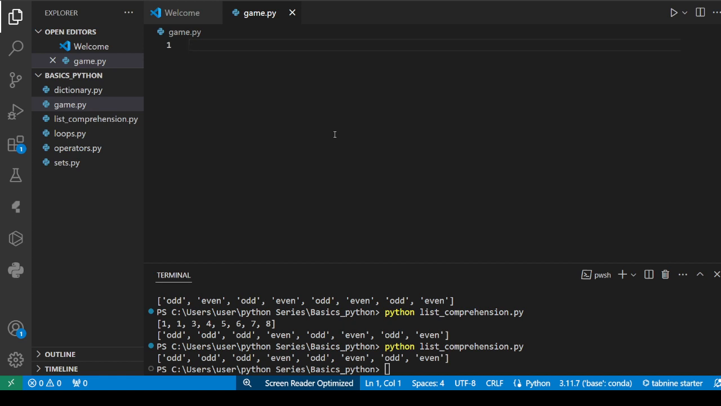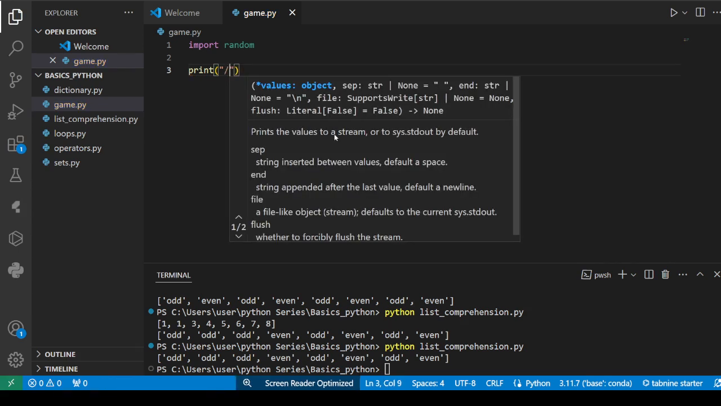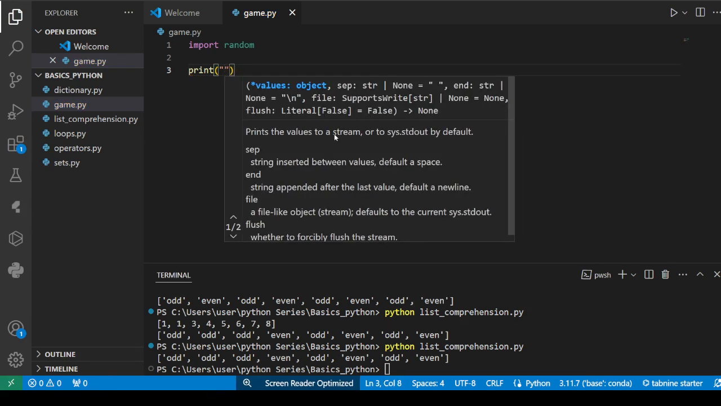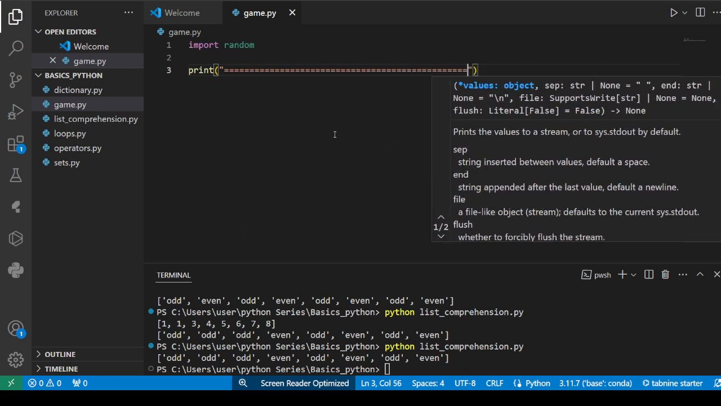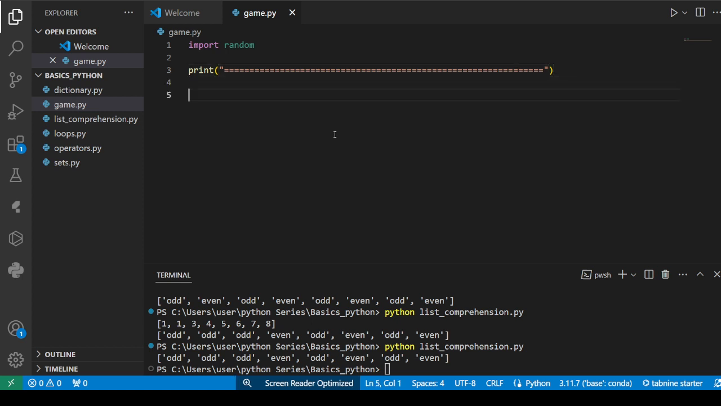So we need to import the random module. Let's begin by doing this example. Okay, so let me first of all import the random module. In this game we are going to just, this is for just outline. Okay, print. This is for just outline, so to make it look more visually appealing,